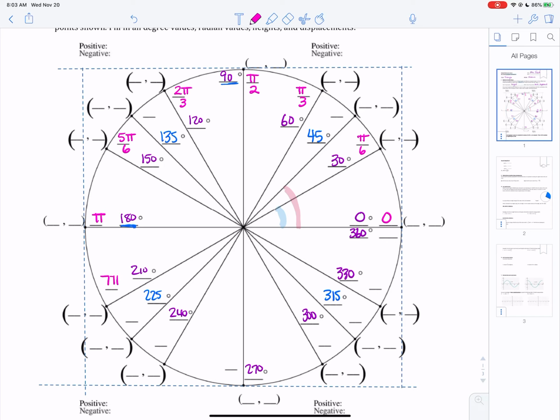Then we have 7/6, 8/6, which reduces, 9/6, 10/6, 11/6, and then 12/6 is 2 pi. And then all the